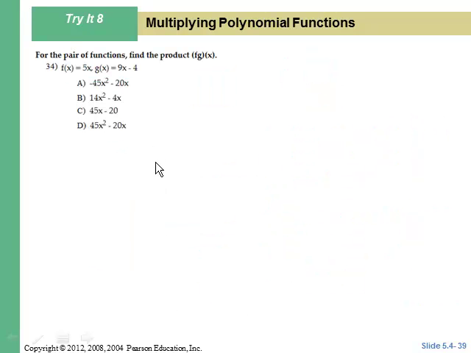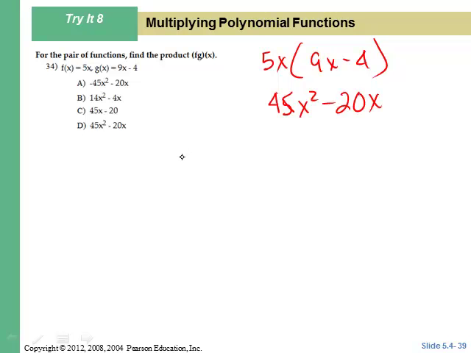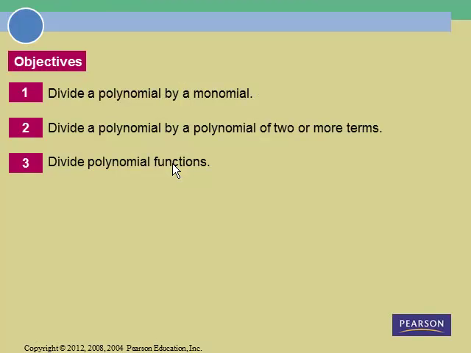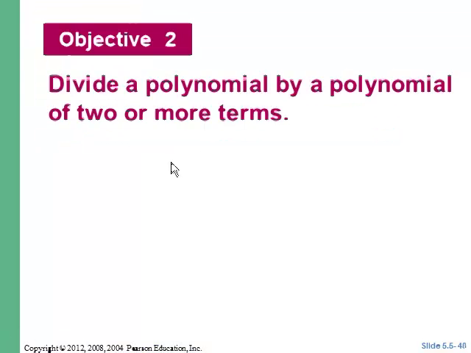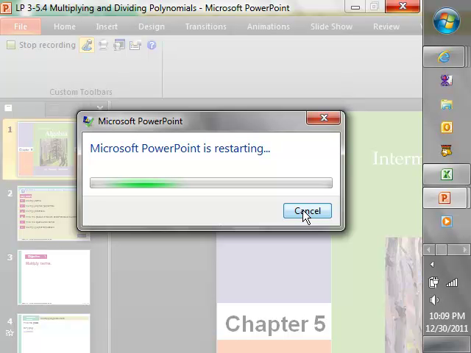Okay, same thing here. F times g is 5x times 9x minus 4 is 45x squared minus 20x. Okay, that was easy enough. And that's where we're going to stop. We're going to do the